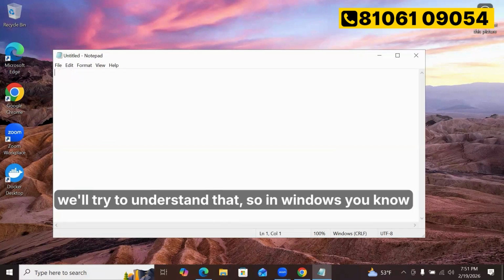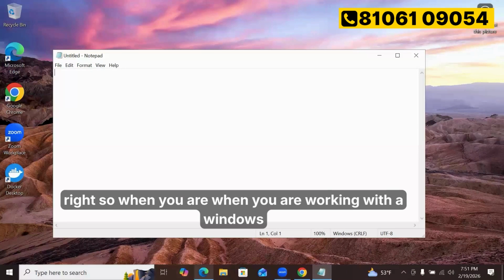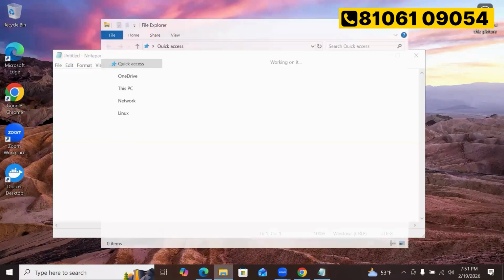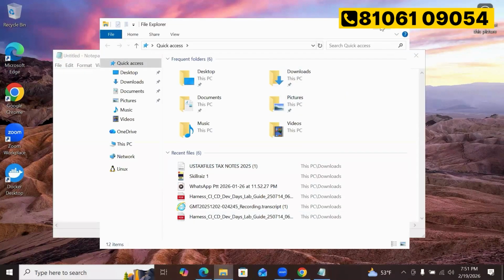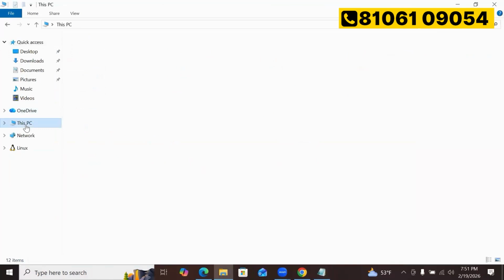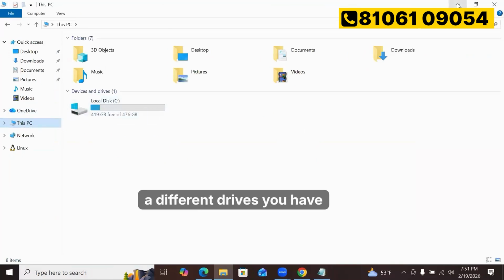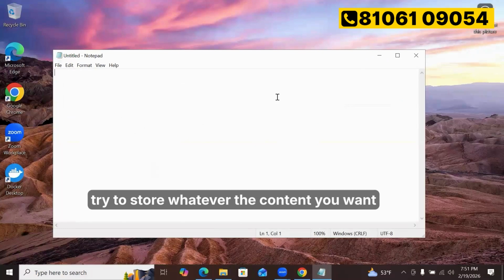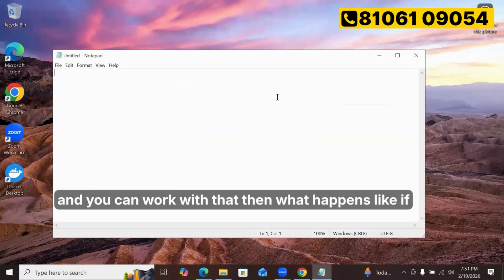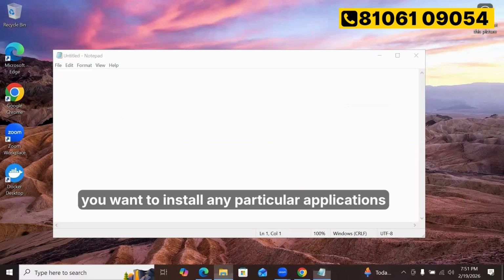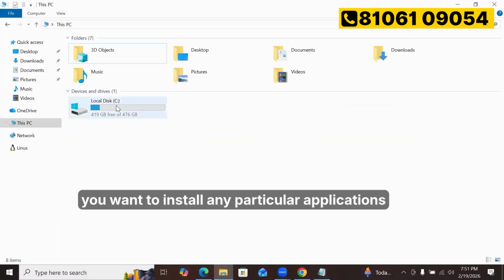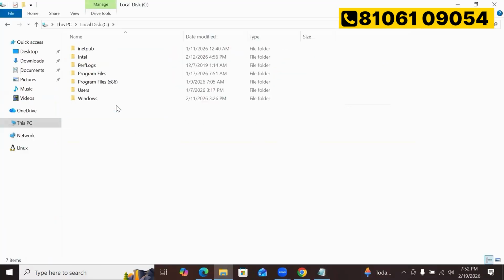So in Windows, when you are working with Windows, what are the things you have? You have drives, right? If you go to your PC, you have a C drive, D drive, different drives, and you can store whatever content you want and work with that. Generally, if you want to install any particular application, it is stored in C program files.